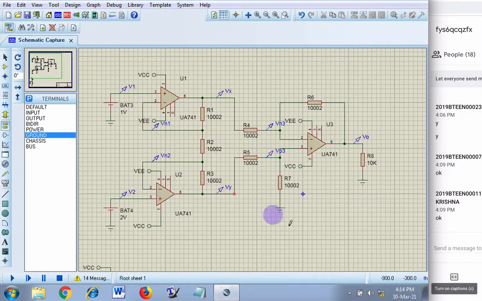Shall I give this circuit or let us try? If I share this circuit, then obviously you will not draw that. So let the students draw the circuit and experiment with that.